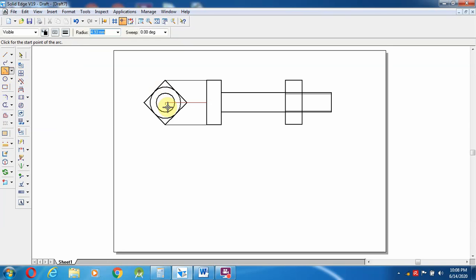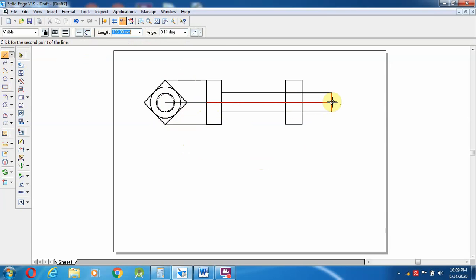Radius is 18 means 9, starting from here, and then this will be representing the thread, so that thick line followed by small line over here. Once you have drawn this, the next step is the chamfer, this one I am going to draw. So from here to